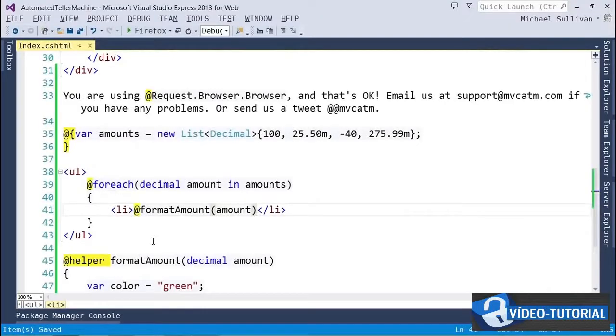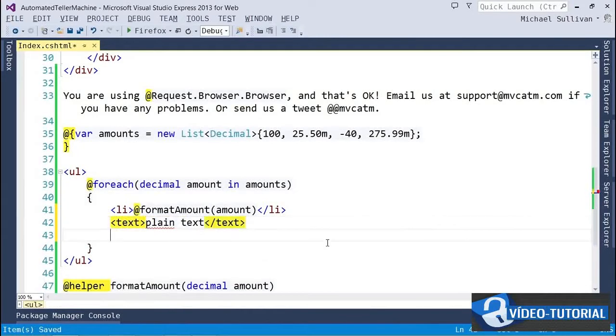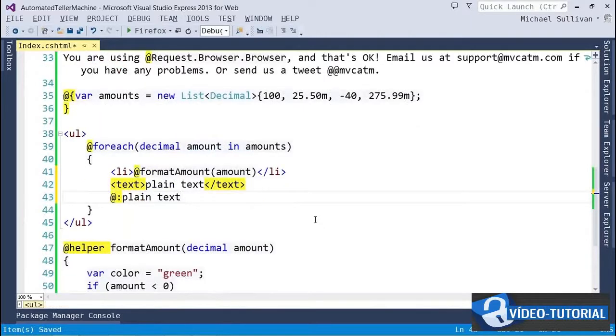Another thing that can confuse the view engine is plain text inside a code block. So you can see that it's treating that as C#. There are two ways around that. We can wrap it in text tags, or we can use an @ sign with a colon. You can use normal C# commenting syntax inside Razor code blocks, but if you want to comment out any